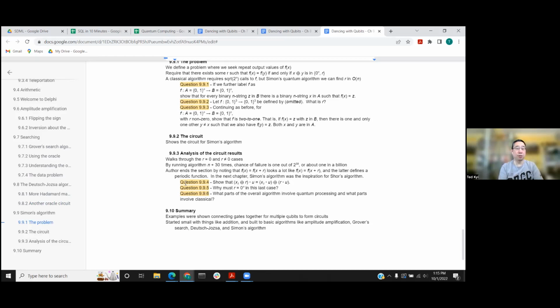And basically it shows that for a certain value n, if you run it n plus 30 times, then the chance of failure is 1 out of 2 to the 30th, or about 1 in a billion. So you can just run it a few more times in order to reduce this error as tiny as you want. And so the author ends the section by noting